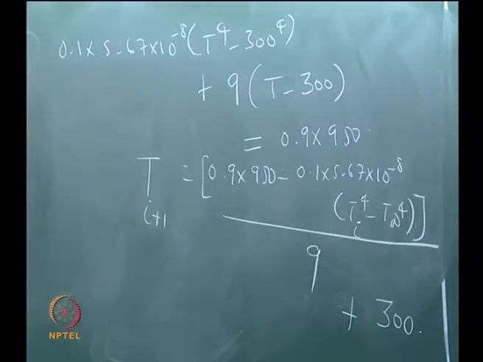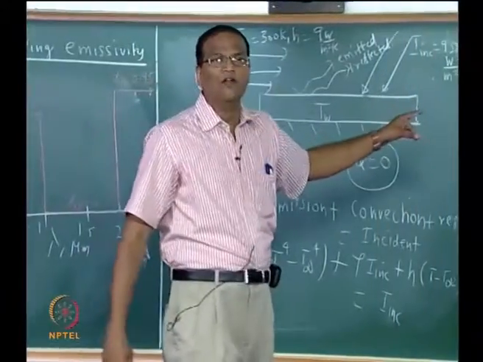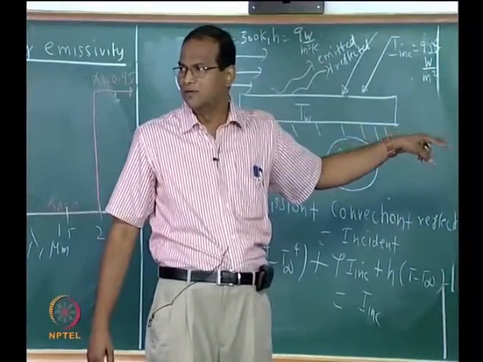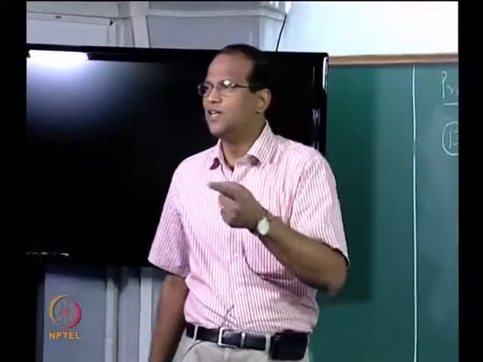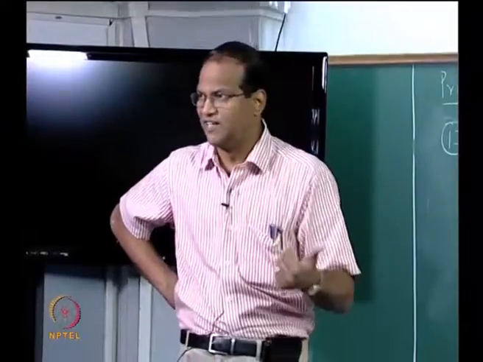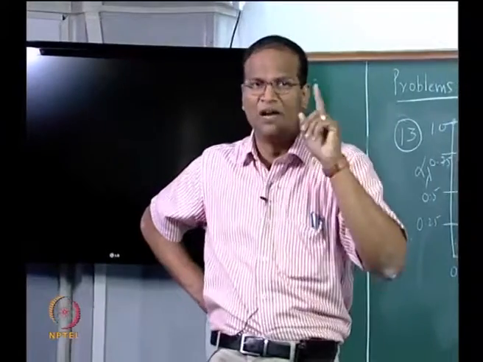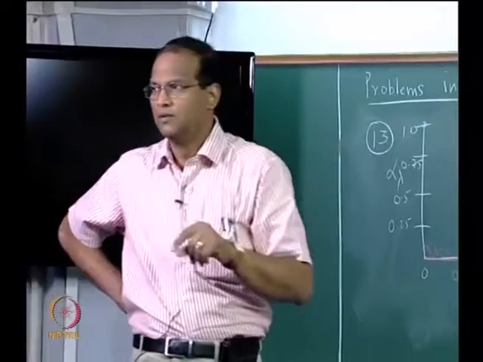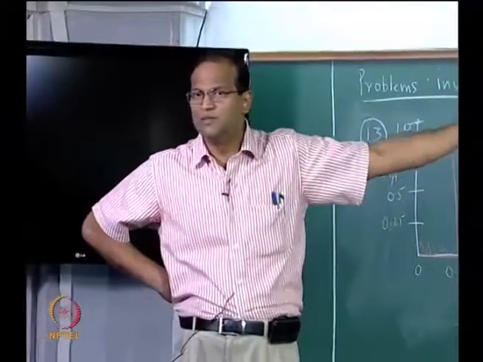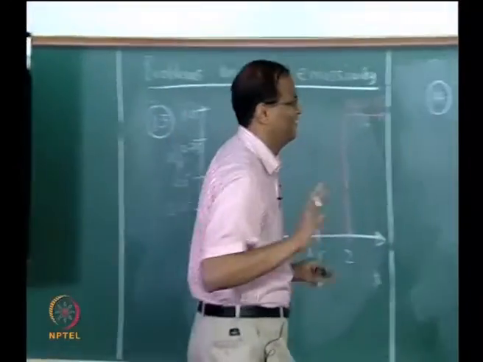Why don't you start with 320, let us do 2 iterations and then I will leave it. Are you getting the point? People who have taken my optimization course will know that 2 information flow diagrams are possible. From T to the power of 4 you can get T, for which you can either use T to the power of 4 minus T infinity to the power of 4 on the left hand side or T minus T infinity on the left hand side of the equation. One of these will not work because T to the power of 4 is so nonlinear that it will drive it crazy. So I am using this because I think this algorithm will work.